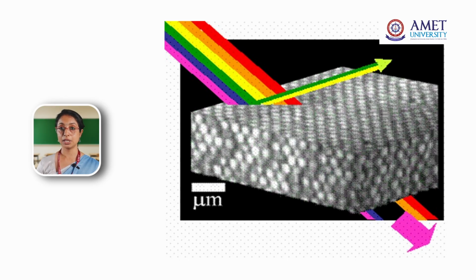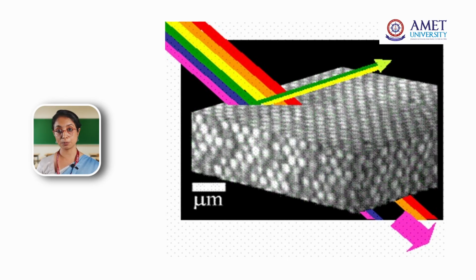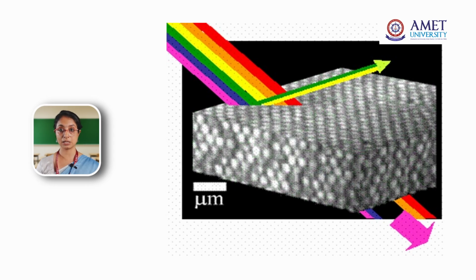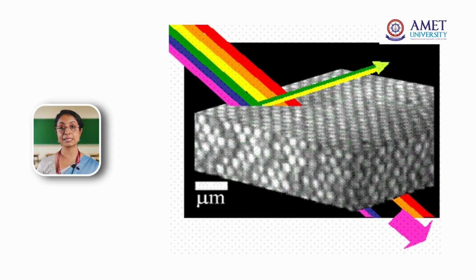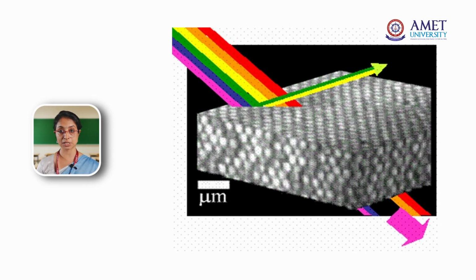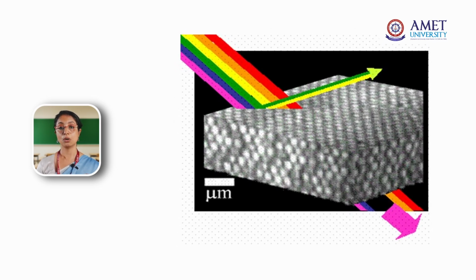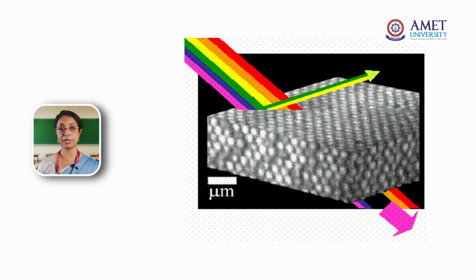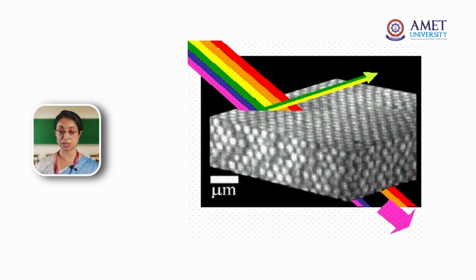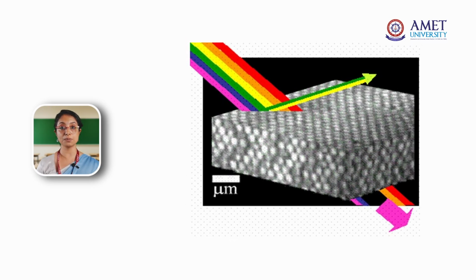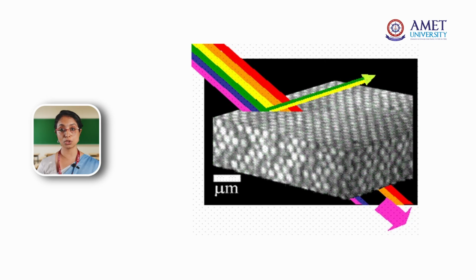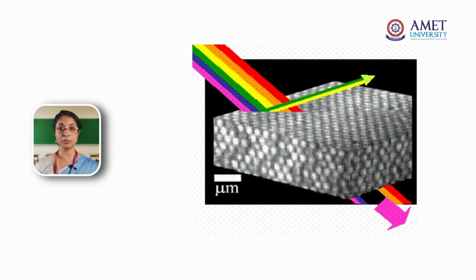This can be prevented if we make a fiber optic cable made up of photonic crystal, because here we decide exactly what wavelength has to be transmitted, and whether it is straight or bent, only that particular color will be reflected and it will never be transmitted. And so when there is zero transmittance, the loss is also zero when you are making a fiber optic cable using a photonic crystal structure.